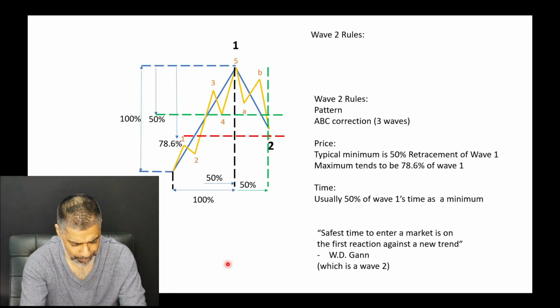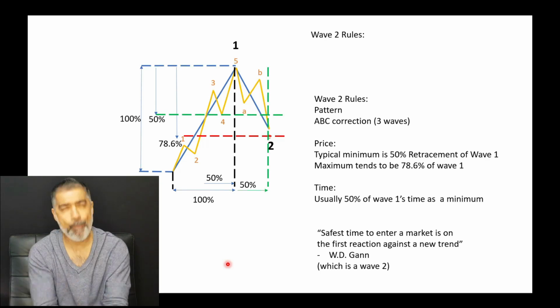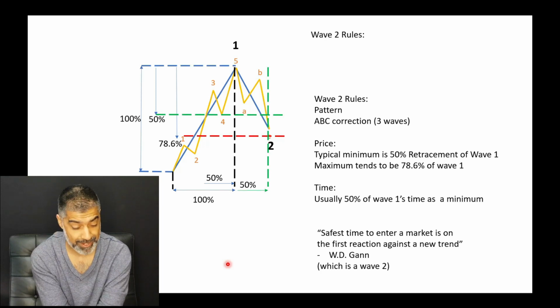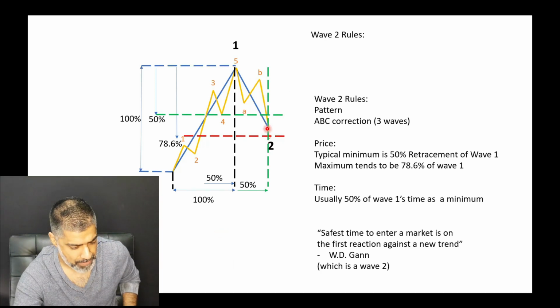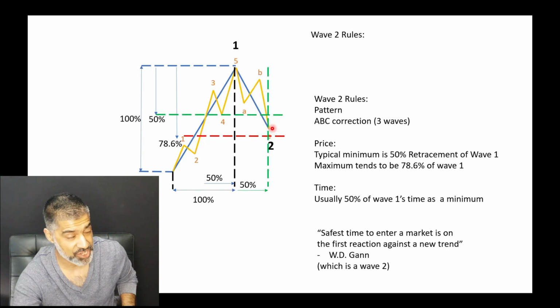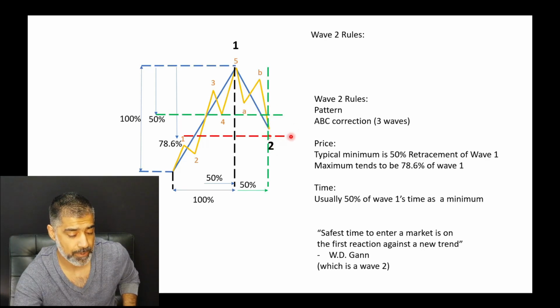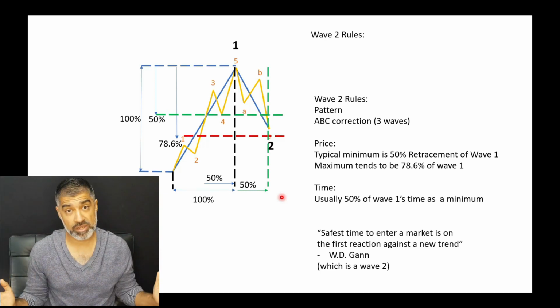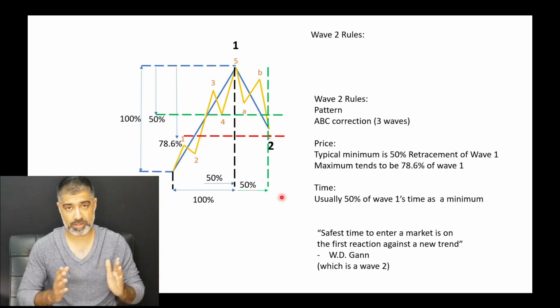So now this is so powerful. I know I've made it incredibly simple, but don't take that for granted, because now we have a minimum time zone for that typical wave 2. We want to be patient and wait for it to hit the minimum time zone and the minimum price zone. And if it gets into the zone, we then want to look for a high probable setup to go long. And this can be on a yearly chart, on a weekly chart, on a monthly chart.